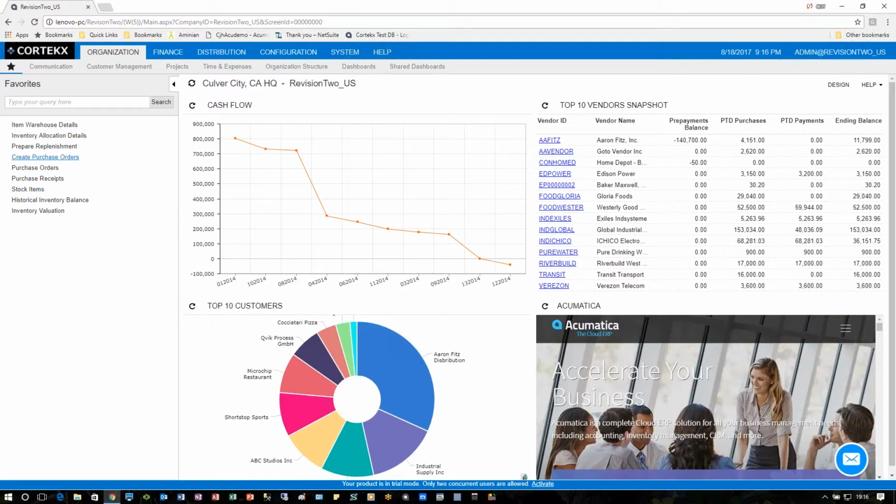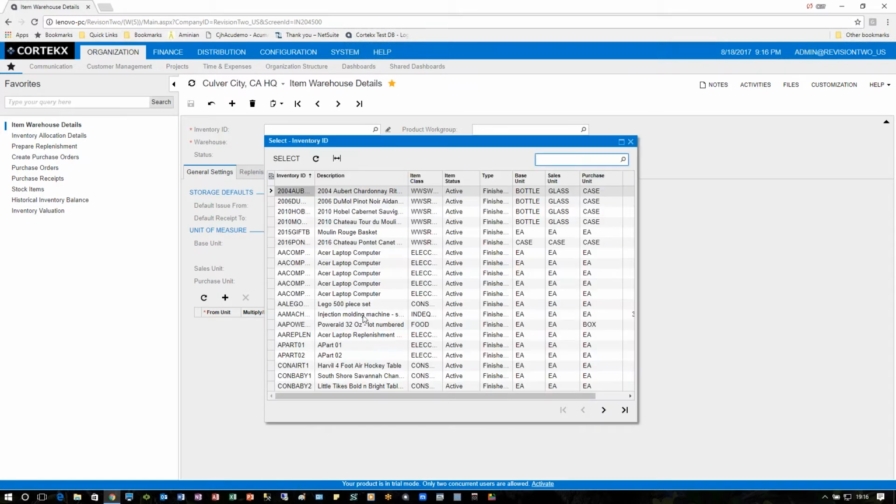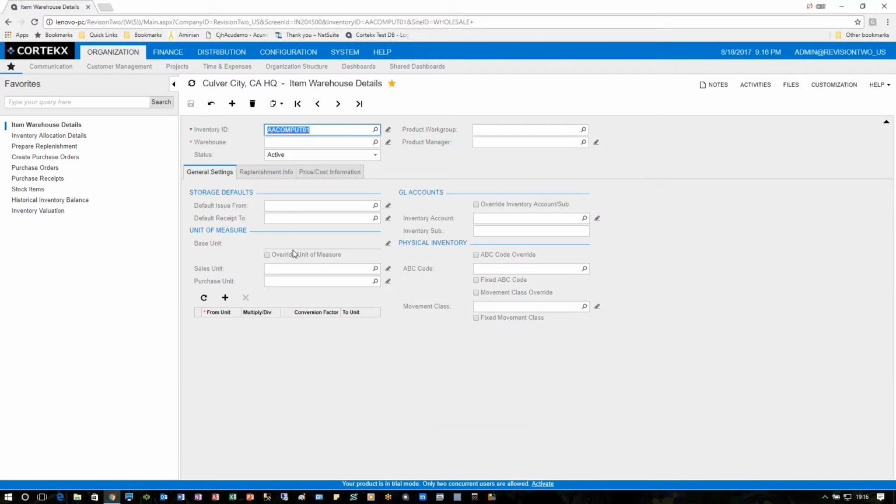Today, we could talk about a lot of stuff having to do with replenishment because there are a lot of things going on underneath the hood. We'll start with item warehouse details. This is the place where we set up how inventory replenishment will work. Go ahead and select our item number. Notice it defaults to a warehouse, so you can make these changes and the replenishment settings for each warehouse for